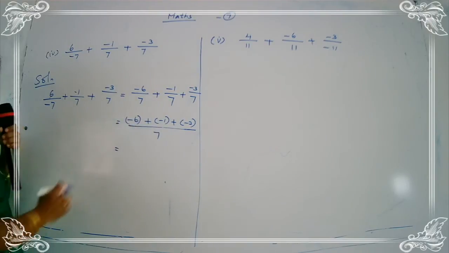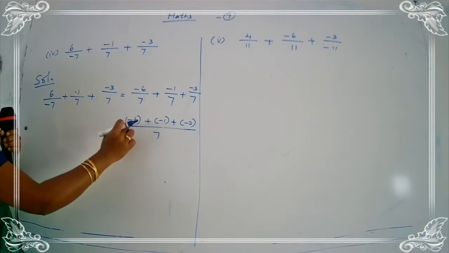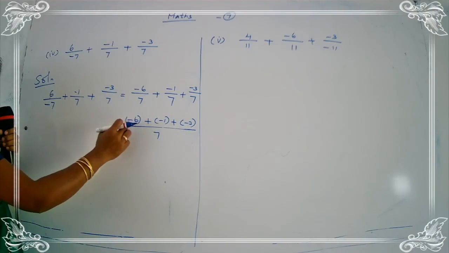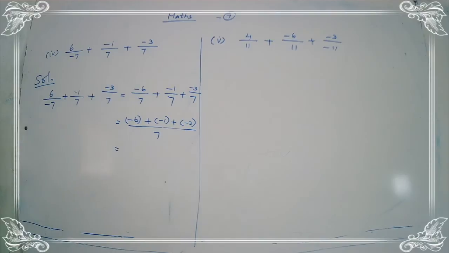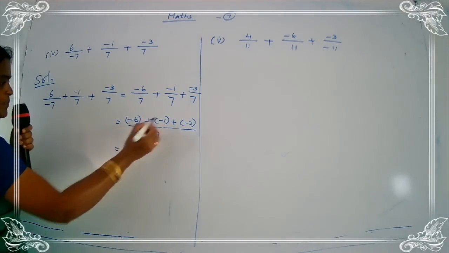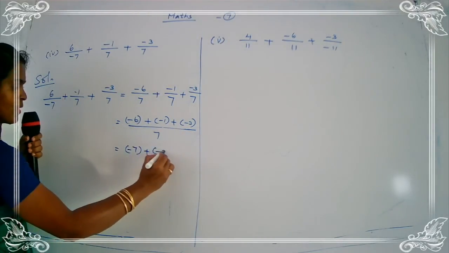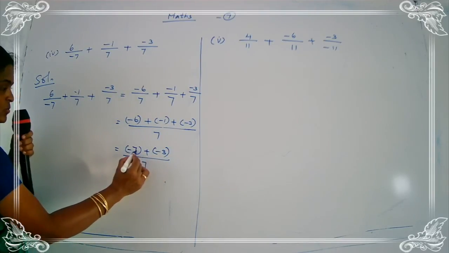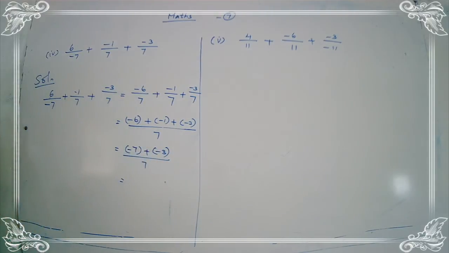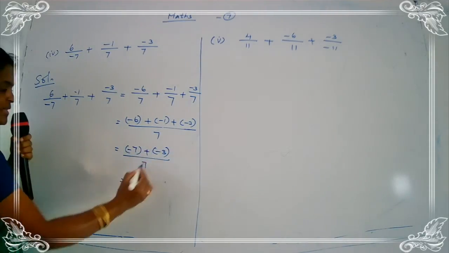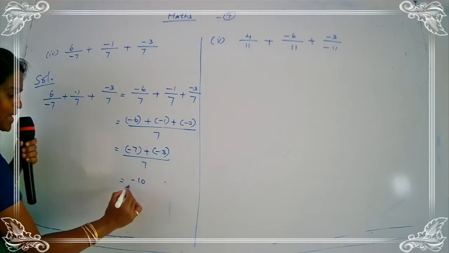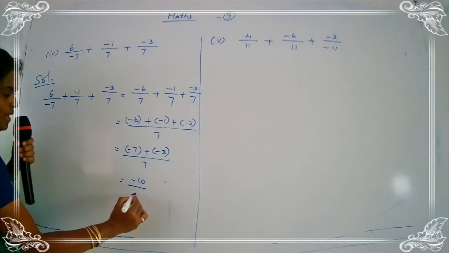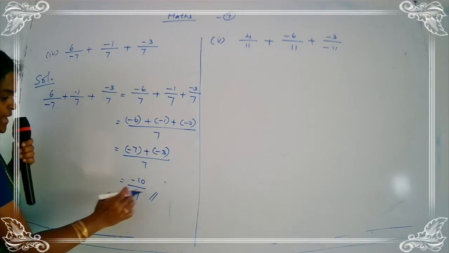Now, what is the answer? First, you add this minus 6 plus minus 1. These numbers are same sign, yes? So, that's why we add the absolute values and put the same sign to the answer. Yes or no? Yes. So, what is the answer now? 6 plus 1, 7, minus 7, plus your number, one more number is there. Okay? Yes. So, now, same sign. So, we add the absolute values and put the same sign. So, 7 plus 3 is 10. Your sign is minus. So, your answer is minus 10 upon 7.